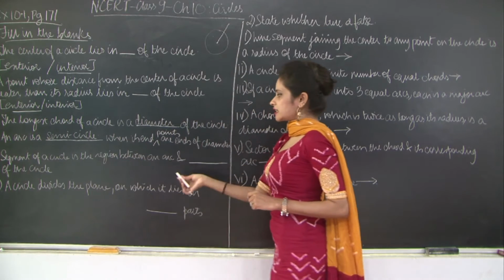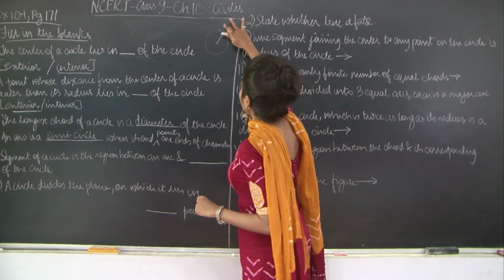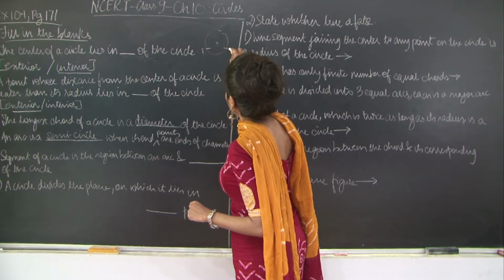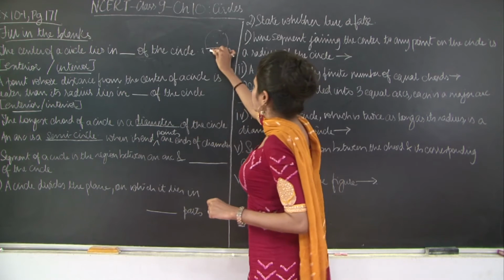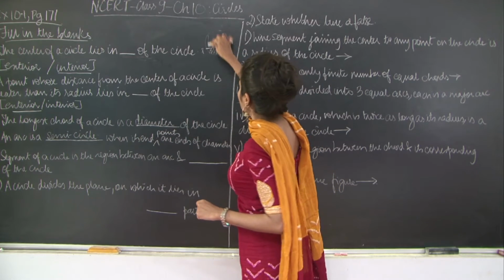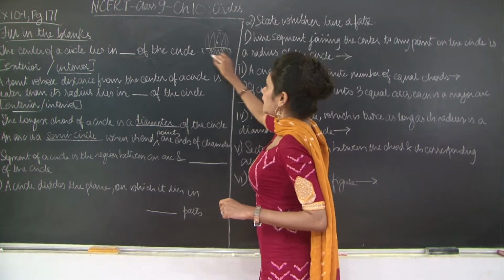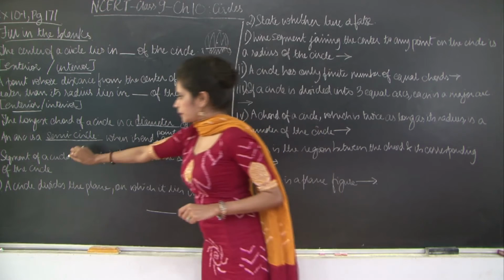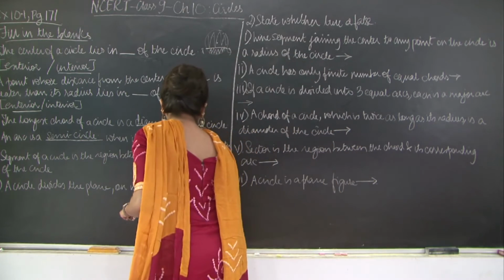Then, segment of a circle is the region between the arc and dash of the circle. So what is our segment? If this is your arc out here, PQ, and I join this length PQ, then this area out here is one segment and also this area out here is another segment. So what is this area lying between? It's lying between the chord and the arc of the circle. So segment of the circle is the region between the arc and chord of the circle,